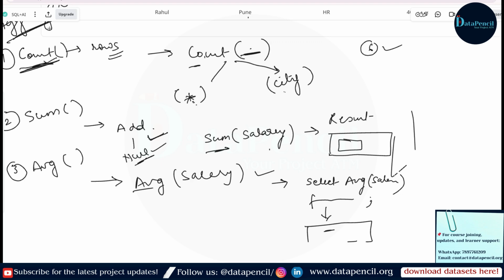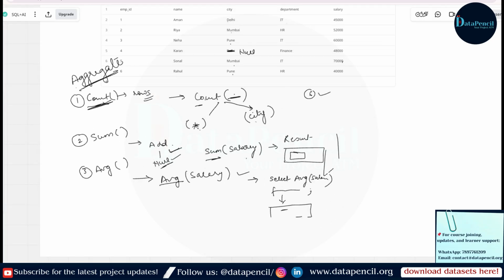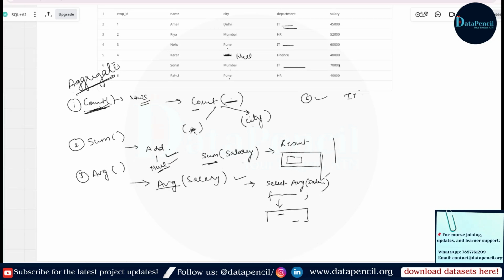Now suppose you want to see the average salary department wise. It means you want to see the department wise average salary. What is the average salary of the IT department only? So the IT department salary average will be 45,000 plus 60,000 plus 70,000 divided by 3. The answer will be the average salary of the IT department. Then the average salary of the HR department.